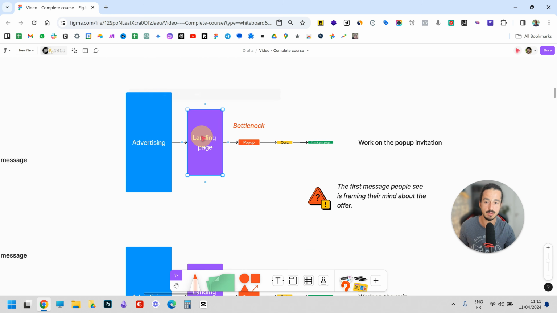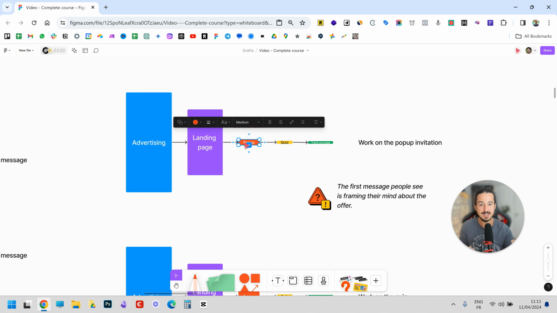You can have good advertising. You can have a lot of people reading and clicking on the different calls to action on the landing page, but people don't start the quiz. Why? In this case, it means that the message on your pop-up can be not the right one. So you need to test different messages. Just here,